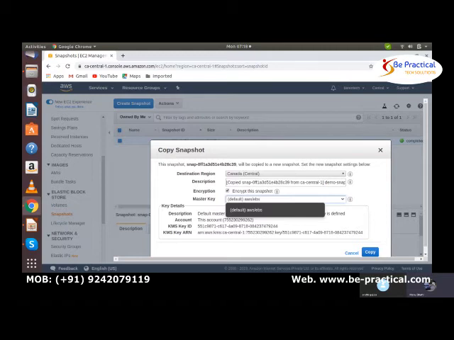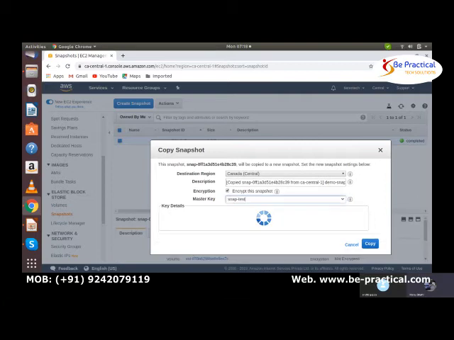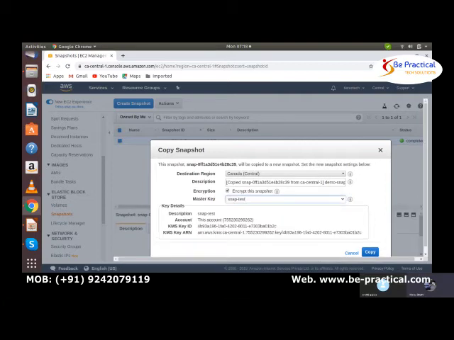So you have to create a customer key with the KMS service, and encrypt the snapshot with that particular key. In my case, I encrypt with this, and I have to share that encrypted copy with the other AWS account, and the key also I need to share.